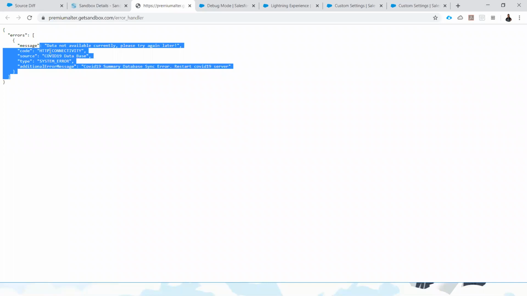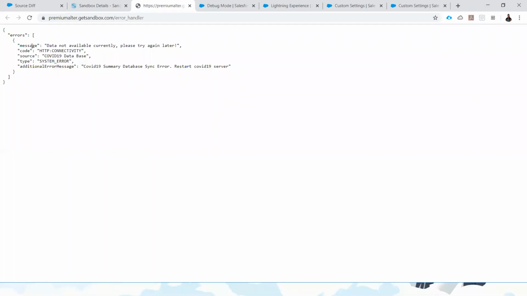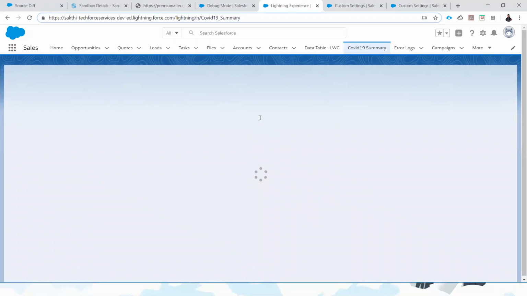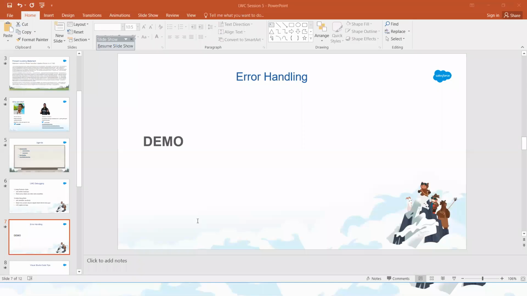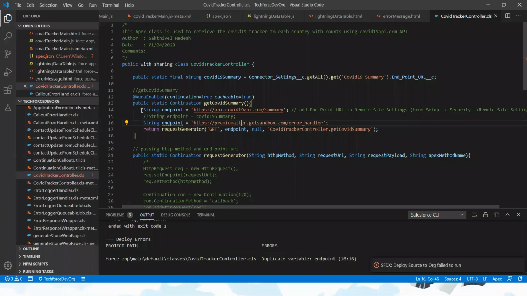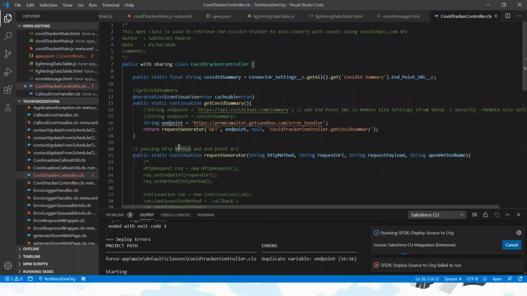Basically I treated these errors, and by default I display the message, and if the logger is enabled in the custom settings, then I display this additional error message also. Still loading. Oops, I think I have not saved. Sorry. Let me save this controller.